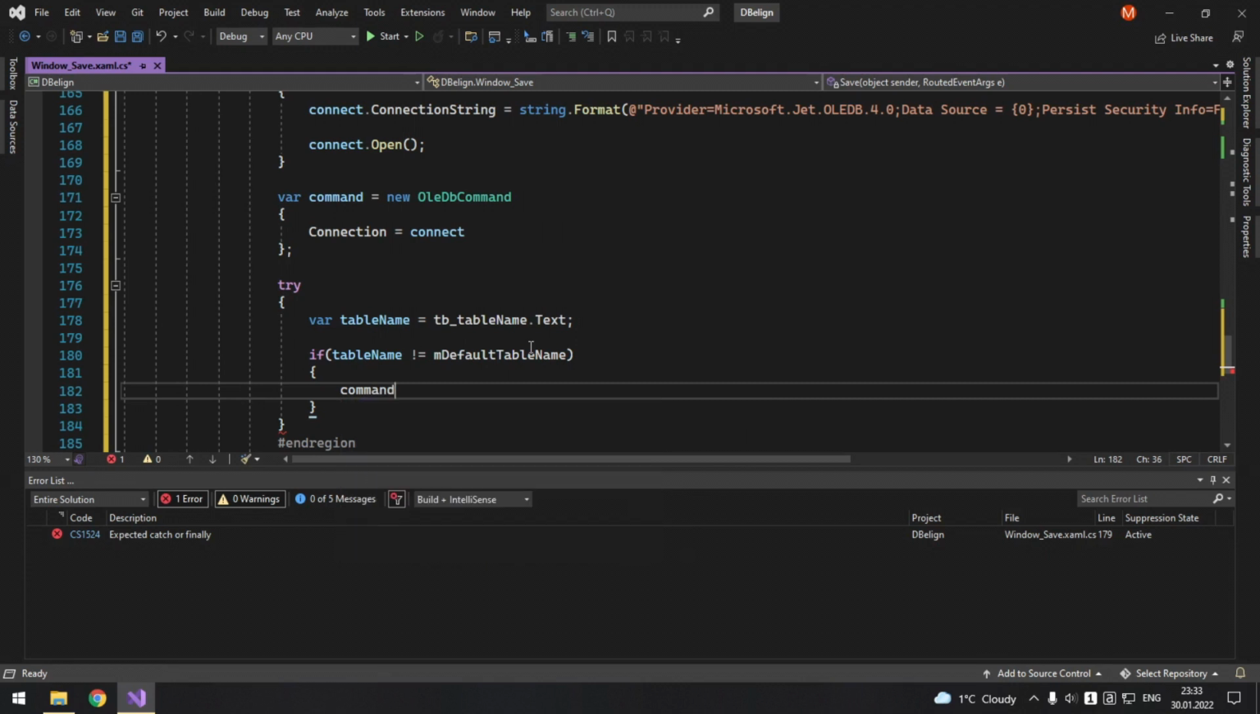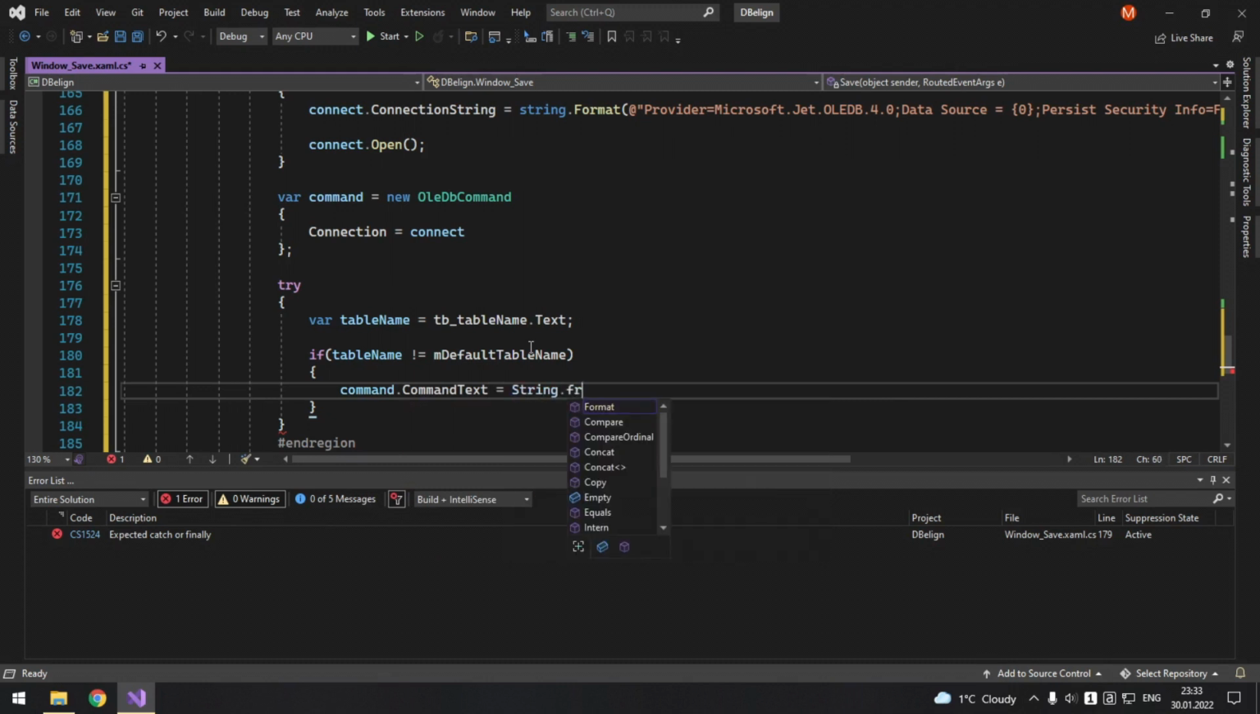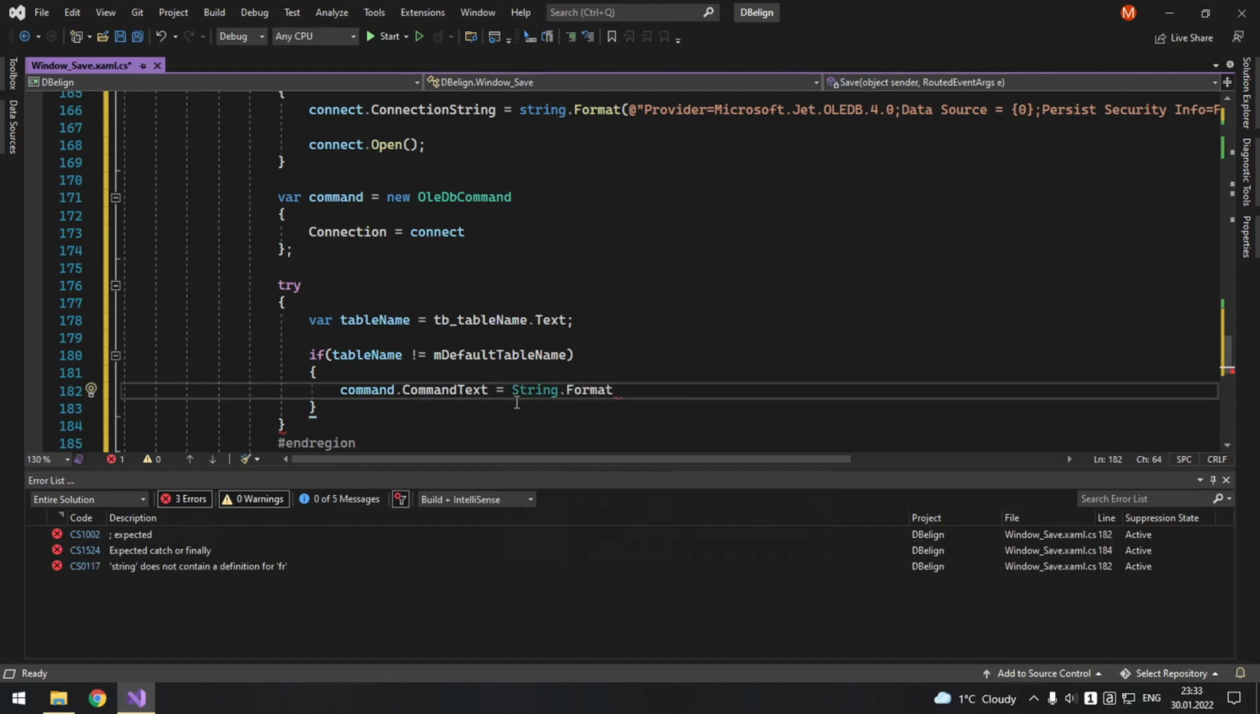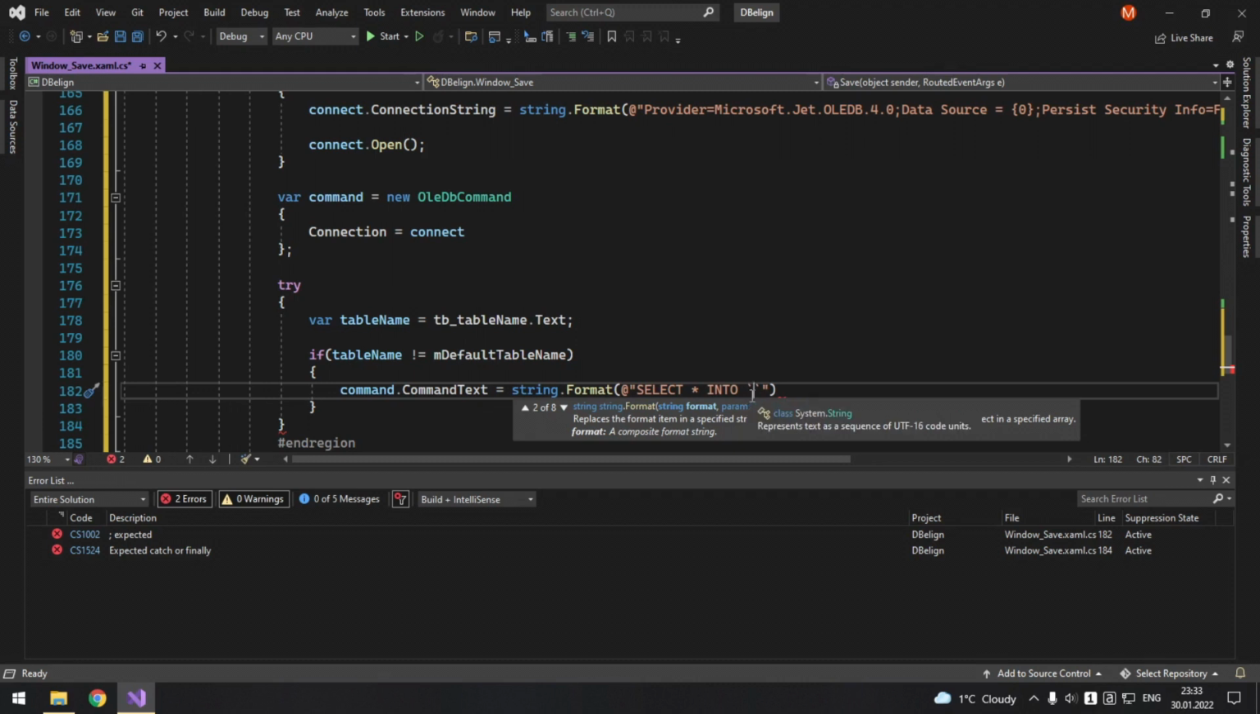So command text equals string format, and here in braces you type the SQL command. So add, and select everything into, well, you would want to put here these two characters, because by default names accept only